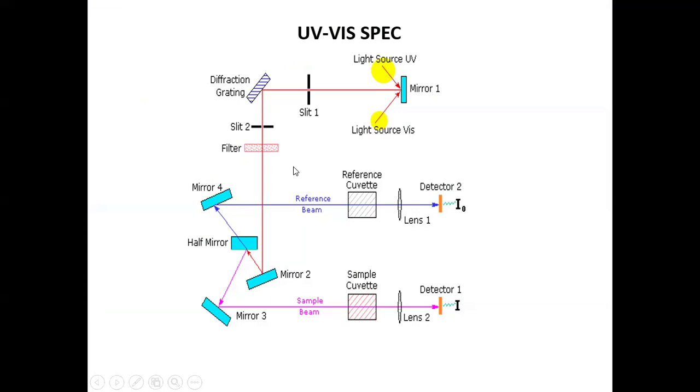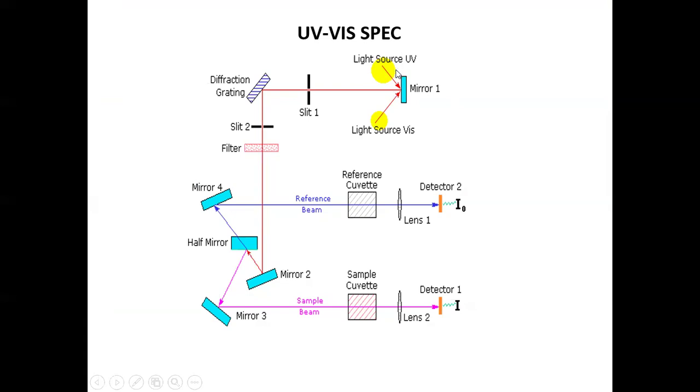So this is a schematic diagram of a UV visible spectrophotometer, as we use in the lab. It has two different settings. One is the cuvette setting, where the molecules are placed in the cuvette and then the light will be incident on it. There are two light sources, the UV range as well as the visible range, and these light sources will be passed to the cuvette from a particular distance, and there is a grating. This grating will allow the light to hit the cuvette, and there is a mirror just to deviate the light ray, and there are two different cuvettes that will be kept. One is the reference cuvette, the other one is a sample cuvette.